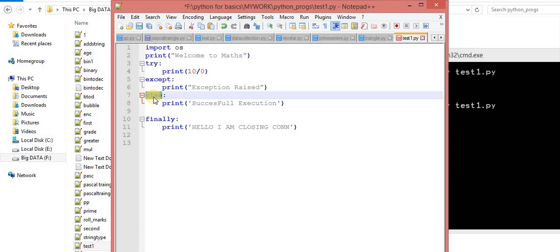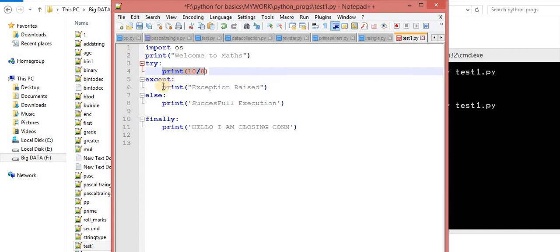Now what is the meaning of that? When your except statement is not executed, at that time what will be executed? Try, else, and finally. Now observe the scenario. In this case I will get the error message. So my control travels to the except part, not the else part.